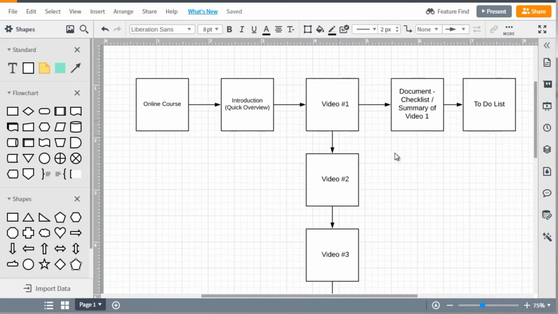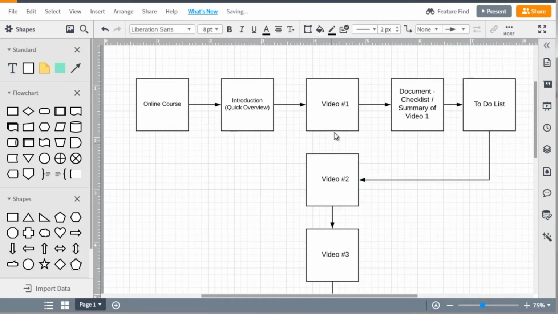So you see what's happening? The majority of courses have it where it's like watch video 1, watch video 2, watch video 3, and then they get overwhelmed and they quit. So what you're trying to do here is you're trying to break things down so that it's not as overwhelming. All right, so once they've finished the to-do list, then they can move on to video number 2.